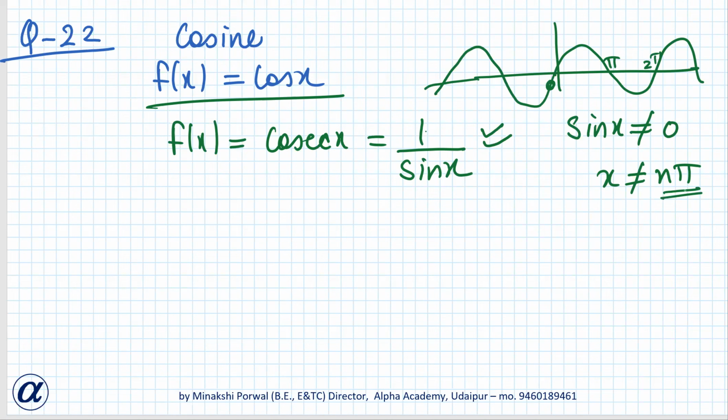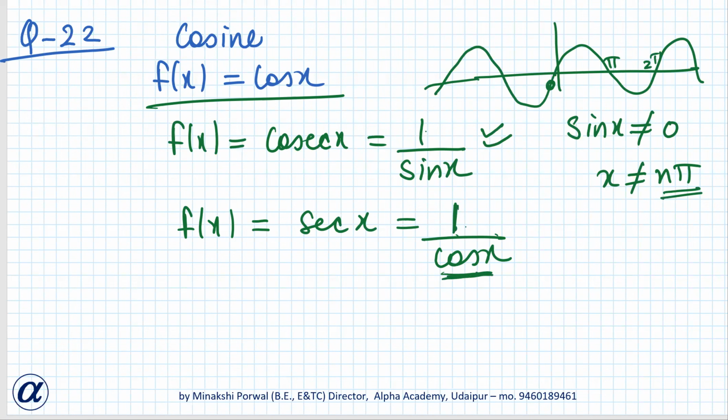Then f(x) equals sec x, that is equal to 1 upon cos x. So 1 is constant and cos x is also a continuous function. So their division will also be a continuous function provided cos x should not be equal to 0, or x should not be equal to (2n plus 1) pi by 2. This condition you have to mention. That's it. And you can prove here. यहाँ पे भी अगर ये ज़्यादा marks का आता है तो sin x as continuous function you can prove. Cos x also continuous function you can prove.